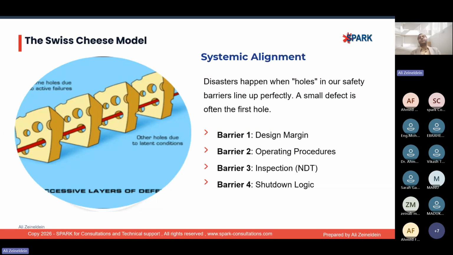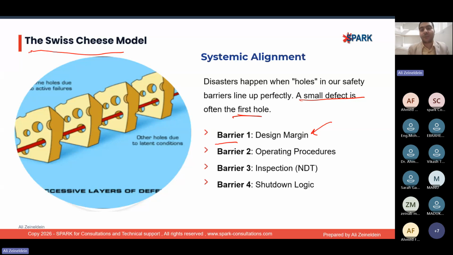Here, if we want to study or explain some barriers to avoid any failure, a small defect often starts as a hole. So we have some barriers, as we can see in this Swiss cheese model. The first barrier is design margin, and this is, by the way, the first barrier,